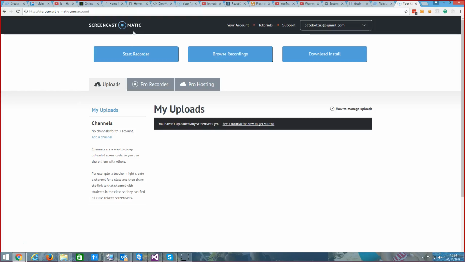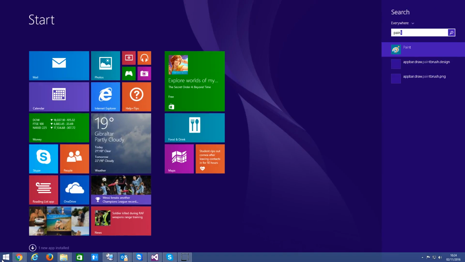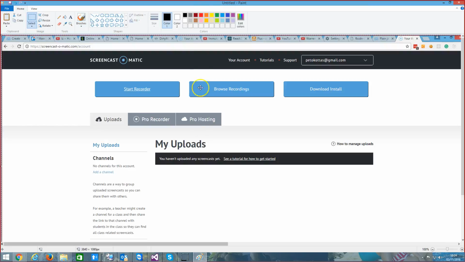I'll show you what I mean. So I'll print screen this and just copy it here, and immediately when you start thinking React, you should be able to look at something like this and you go